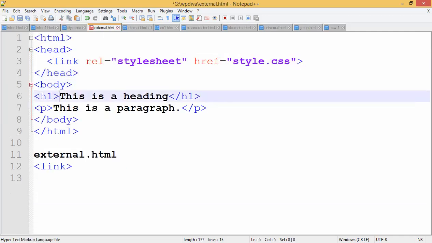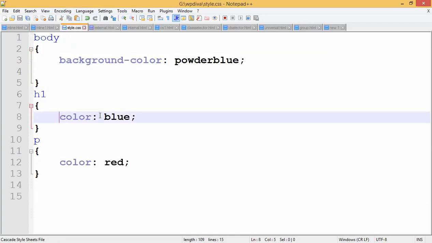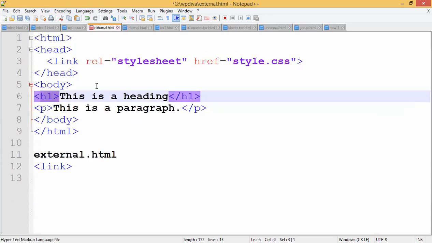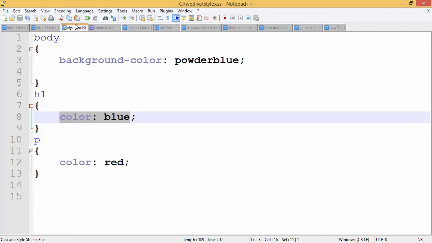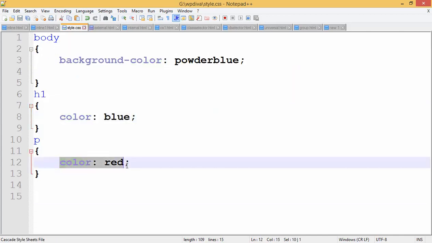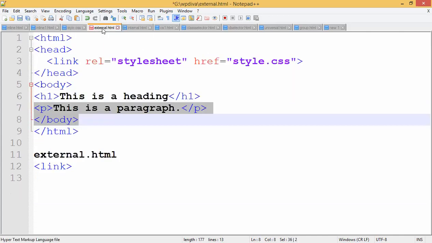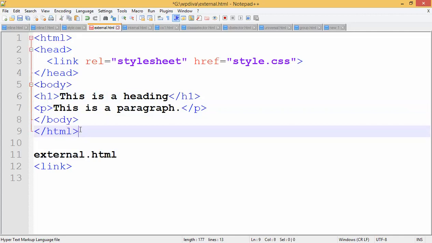Then I have an H1 tag. So whenever I take H1, what will happen? The features from this H1 will get applied, that is, H1 color blue. So every H1 content, whatever elements are there in H1, will appear in blue. When I take a P tag, automatically it will go into red. The P tag, I have taken color to red, so automatically that P will get converted. Whatever contents of paragraph are there, that will get converted into red. Is it clear? Now the closing of the body tag and now the closing of the HTML tag.